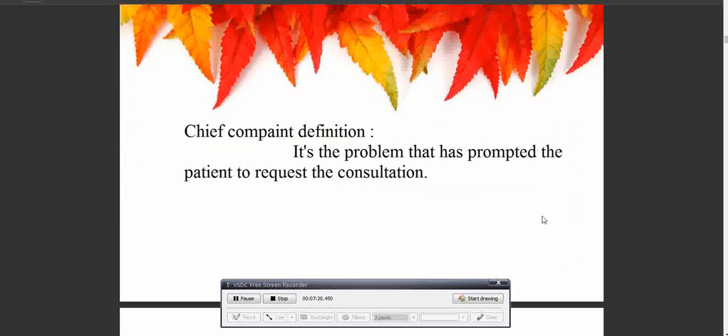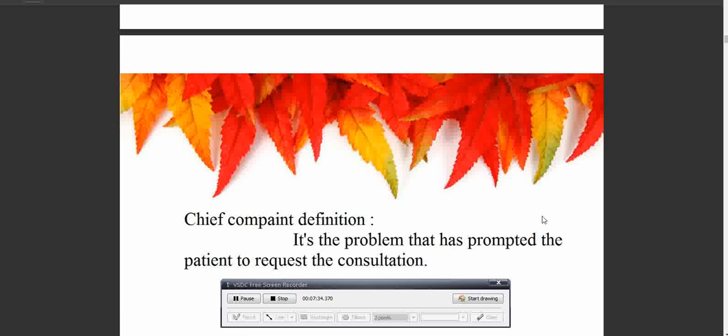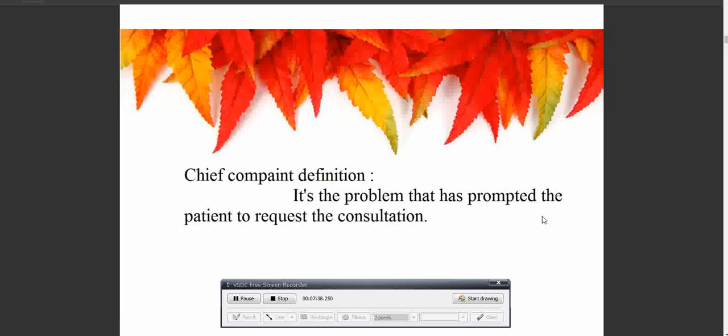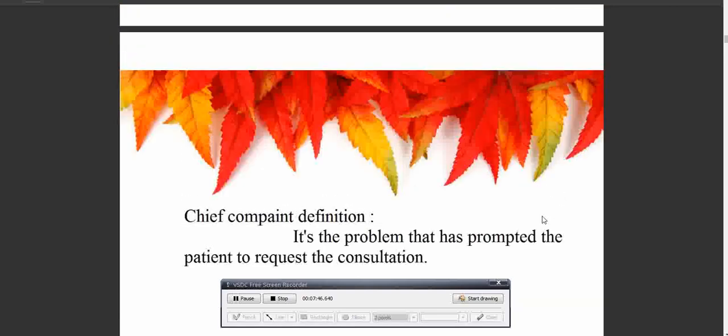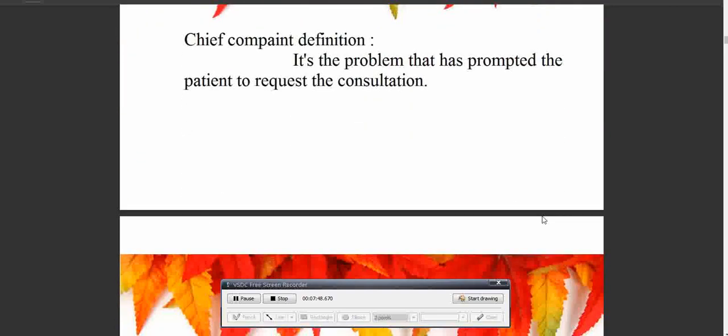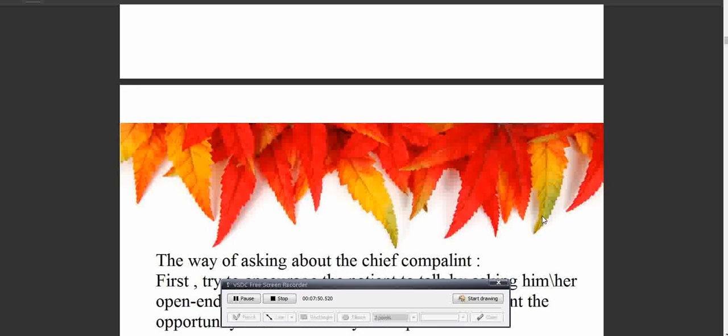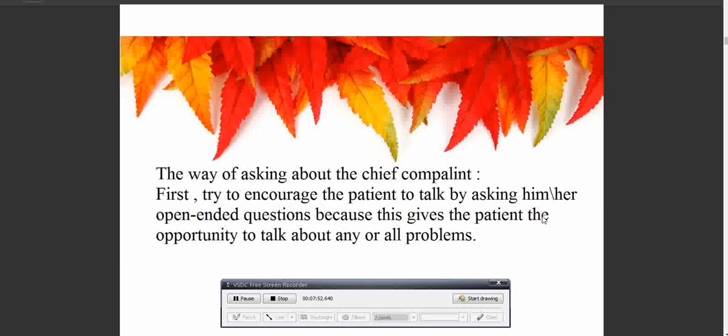Then the chief complaint is the next part of the general history taking of the clerkship. It's the problem that has prompted the patient to request the consultation. That means what has necessitated the patient's visit to the hospital or the facility. Immediately after you do the personal data, you're done, and you start on the chief complaint. The chief complaint is what the patient has brought, or what complaint has necessitated the arrival of the patient in the